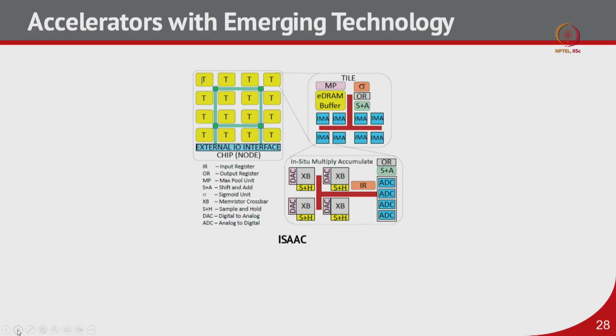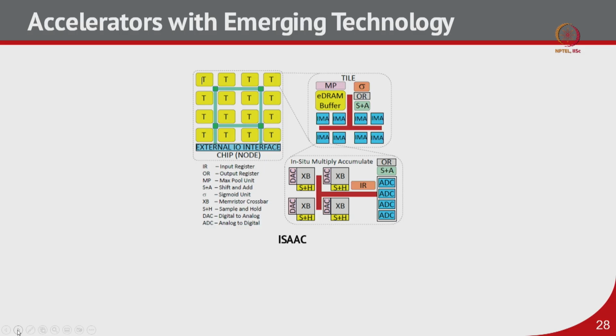To overcome that challenge, there are accelerators with emerging technology, for example in-memory computing, where the device, the transistor I talked about, is of a different type, which can perform computation and at the same time act as a memory element. So, if we perform in-memory computing with those kinds of devices, then we can reduce the costly transaction between the processor and the main memory, right? That gives a huge advantage.